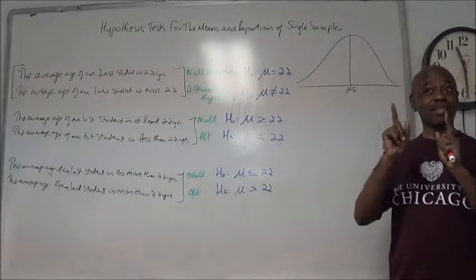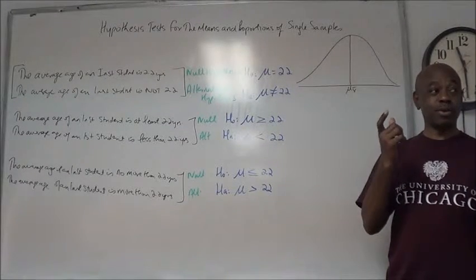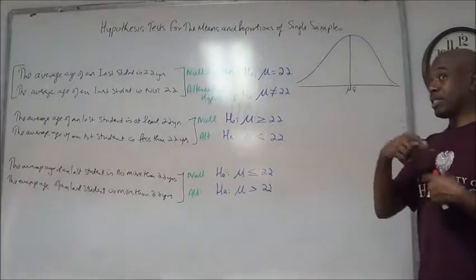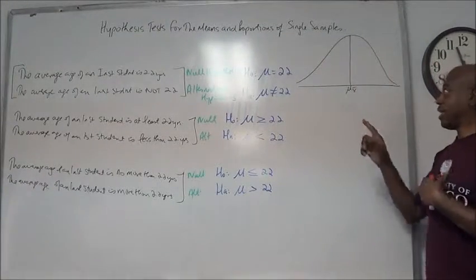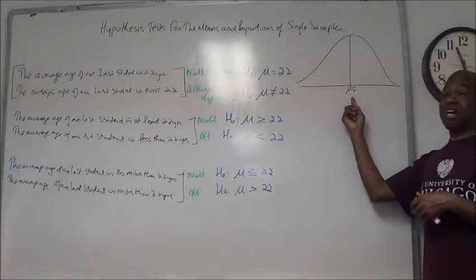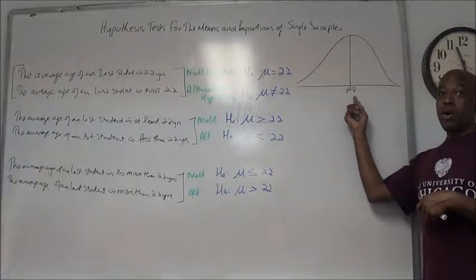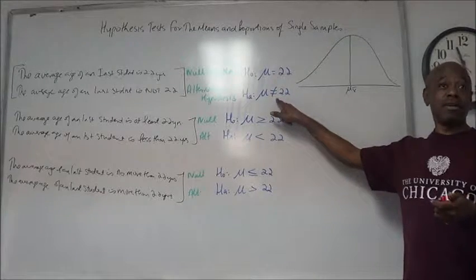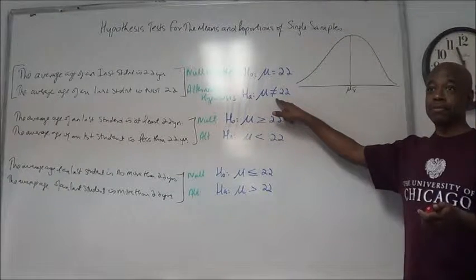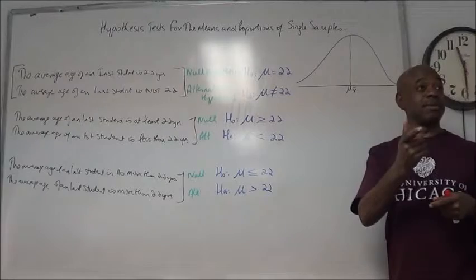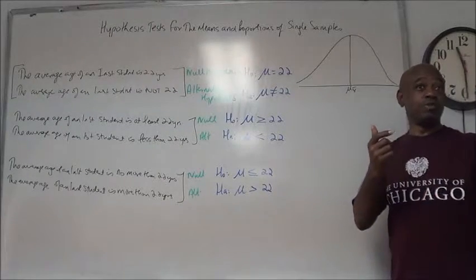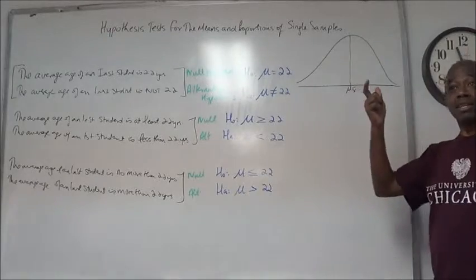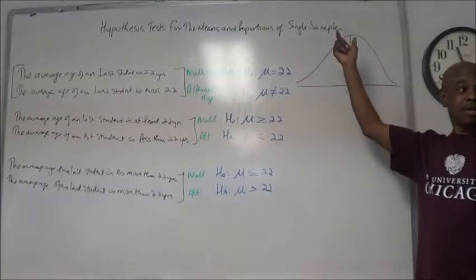Now there's a huge difference between trying to prove somebody right and trying to prove them wrong. Because we're not saying in the procedure we're going to learn today, let's try to prove that the mean is in fact 22. We're going to say, let's try to prove that the mean is something other than 22. If we prove that the mean is something other than 22, let's say we prove the mean is 24, or we prove the mean is 20, that would automatically mean that he's wrong.